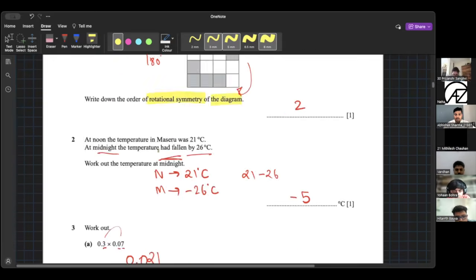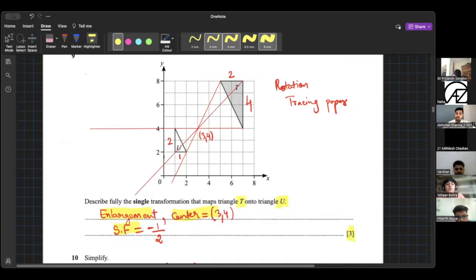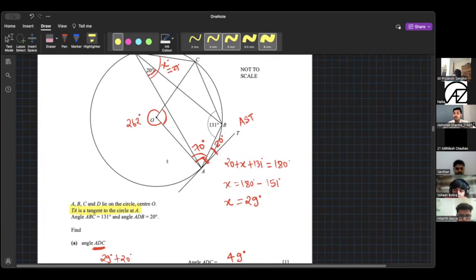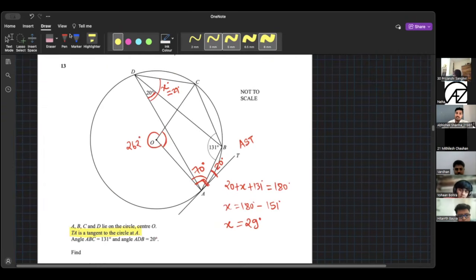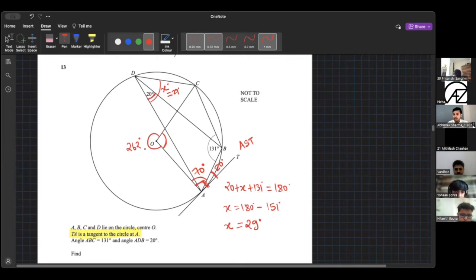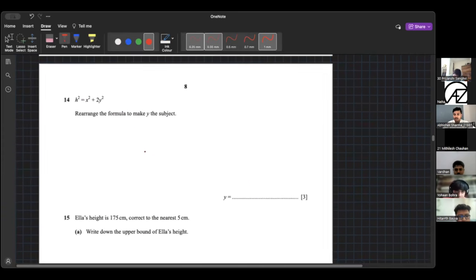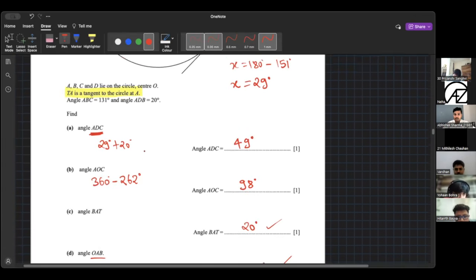Because the questions can be solved using geometrical methods and using formulas as well, right? So if you're doing the annotation, basically you're solving it with a geometrical approach. Let's move on now. And sir, in the circle question, the 13th one,